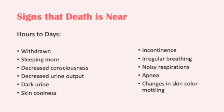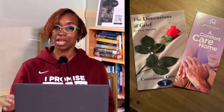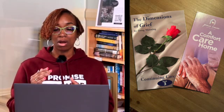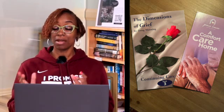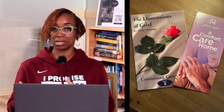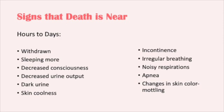Signs that death is near. This is hours to days. And we have booklets. I know a lot of the hospices will give booklets for the family members to see and for the patient to read so they can know what they may see leading up to death. There may be more sleeping, increased sleeping, decreased consciousness, withdrawal, decreased urine output, dark urine, skin coolness, incontinence, noisy respirations, irregular breathing, the apnea